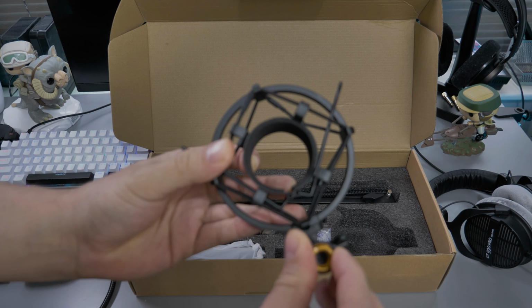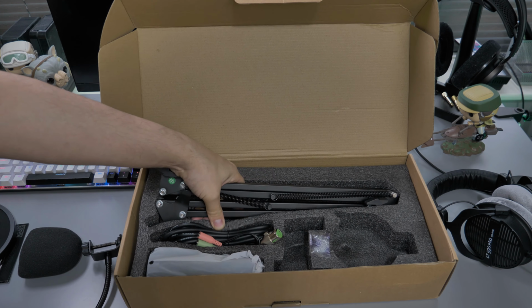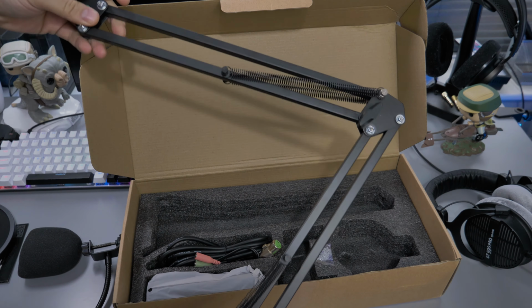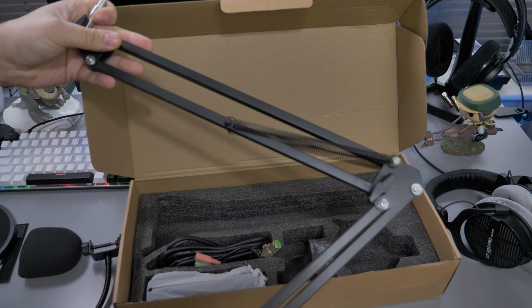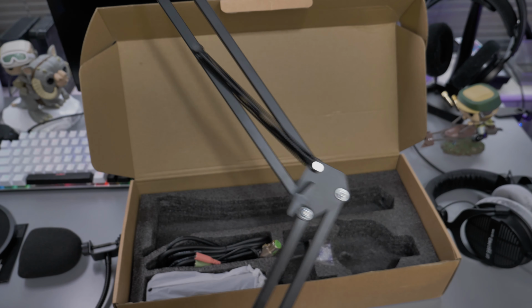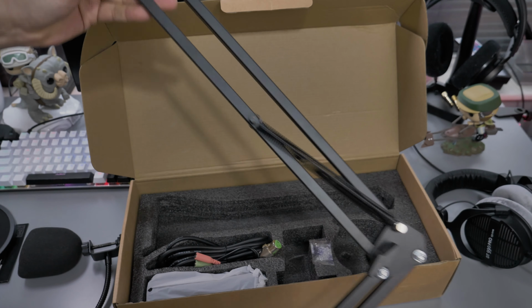So you're not going to be able to fit microphones that are too big. And again, I'm just going to put that on there so it doesn't scratch. And then we have the microphone arm. It's going to be hard for me to get this all the way in shot. This is just sort of standard, you can pick these up cheap, but again, it's quite nice. I like that it's in a matte black finish, but I wouldn't say this is any more pro than,